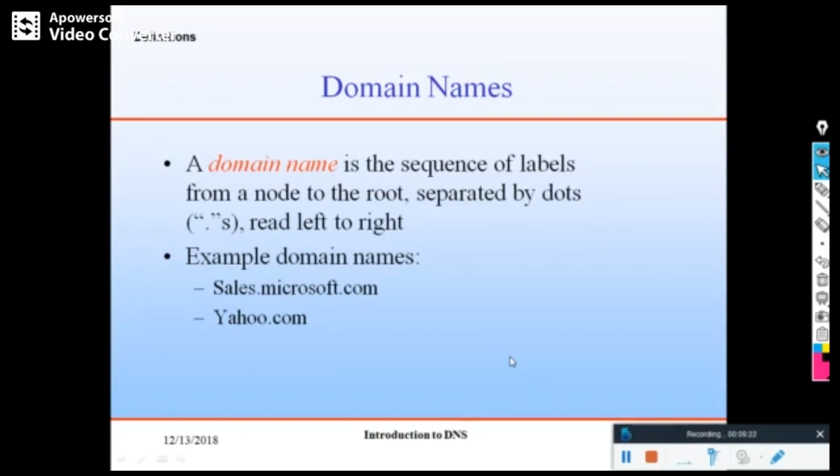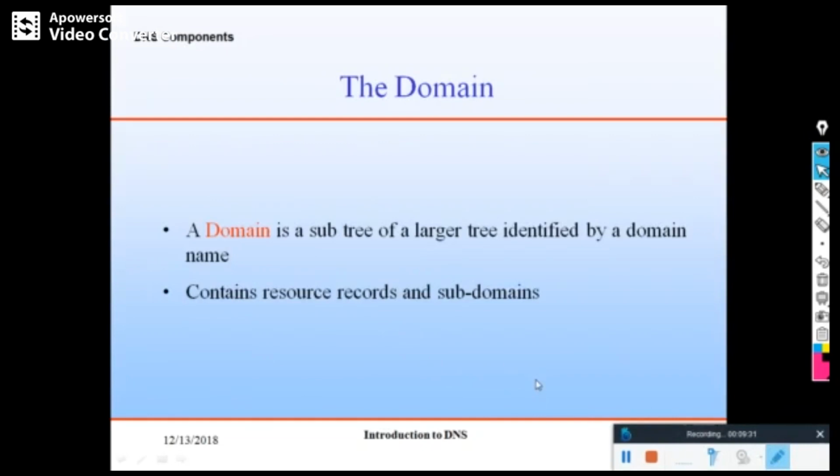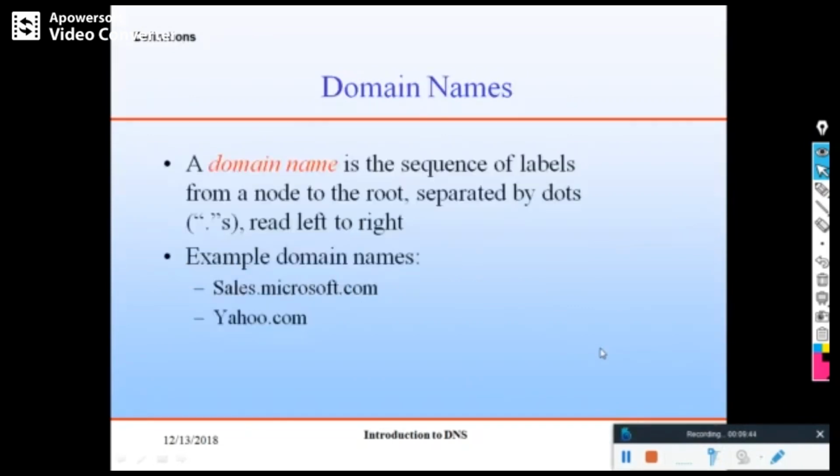So what is a domain name? It is a sequence of labels from a node to the root. So here you can see, if I call this a node, or this may be a subdomain, so I will write here pc1.sales.microsoft.com.